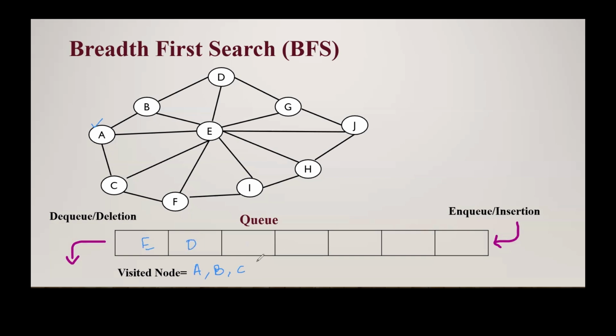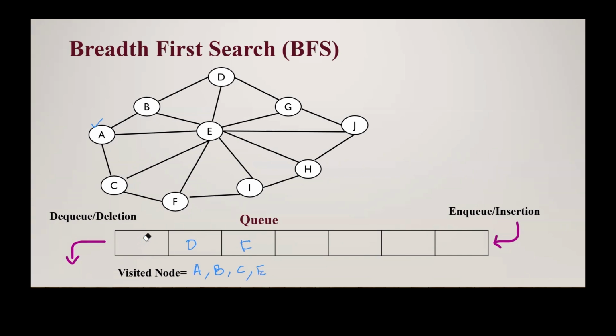This is D. After that, what are the adjacent to the C? C, A is already visited. E is already present inside the queue. Only left is the F. So we have to put the F. So here what happened? Next iteration, we have to remove this one and we have to make the E node as